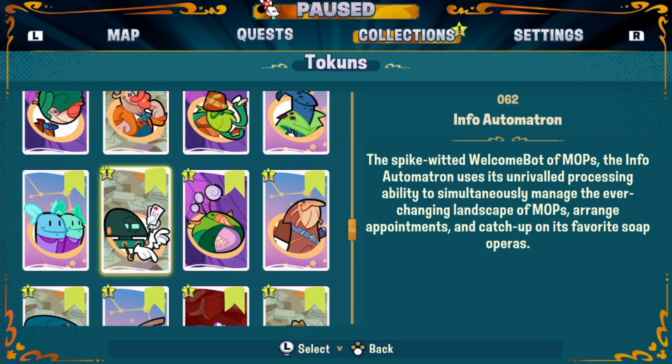We have the Info-Automatron, spike-witted welcome bot of MOPS. The Info-Automatron uses its unrivaled processing ability to simultaneously manage the ever-changing landscape of MOPS, arranging appointments, and catch up on its favorite